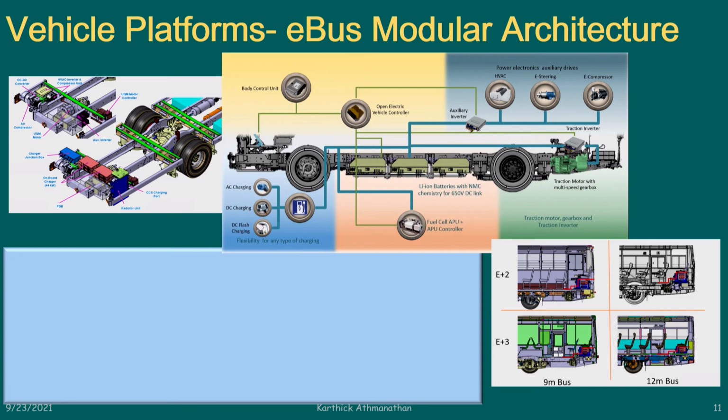If you see here, you've got essentially all the relevant systems. You've got a body control unit, that is the body control unit there, and you've got a vehicle controller here. The vehicle controller is basically the master, and the controls developed the algorithm, and the software there is probably the most critical one in any electric vehicle.